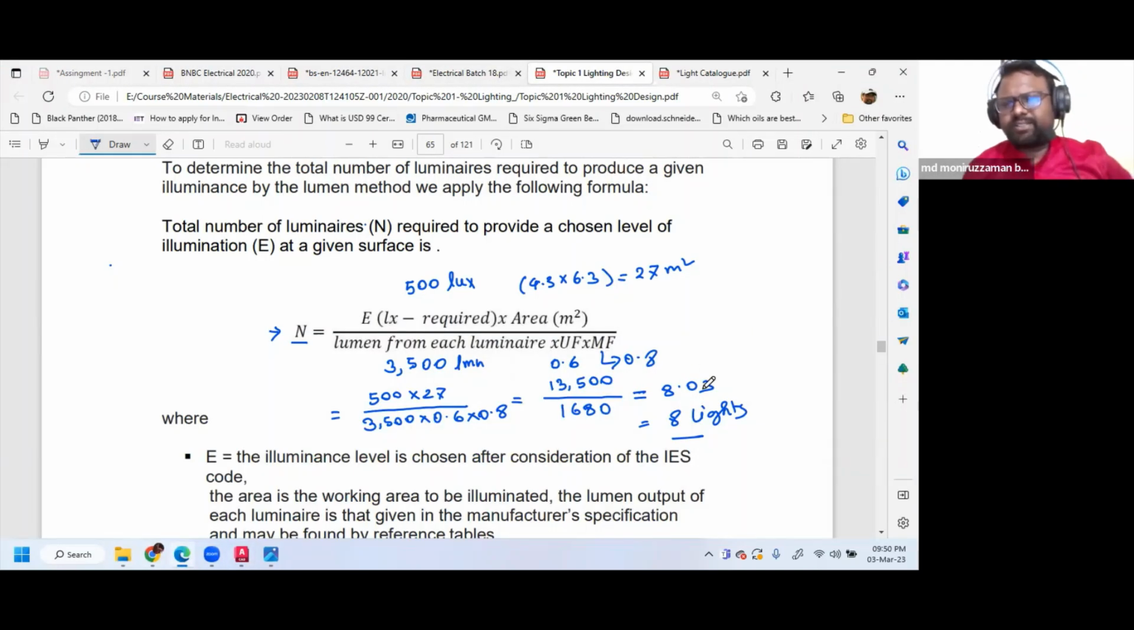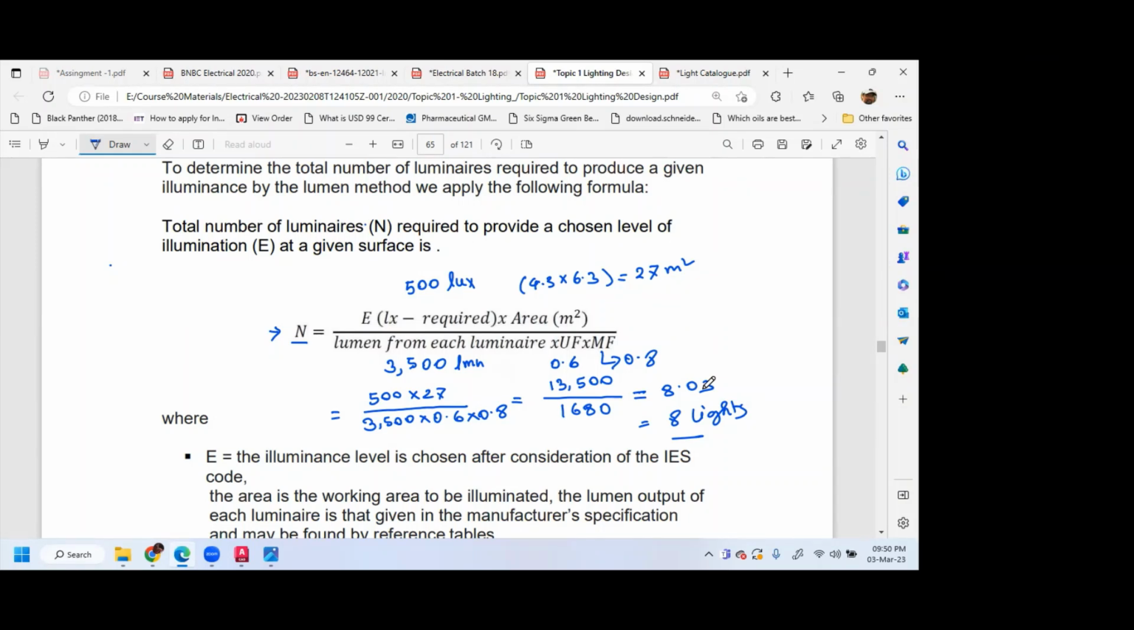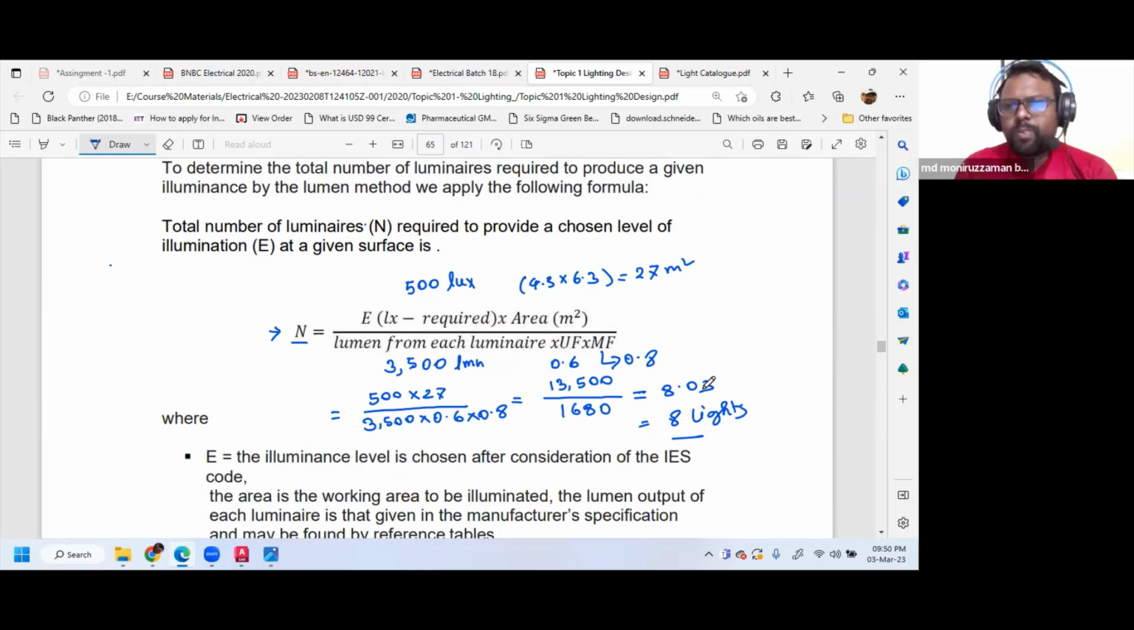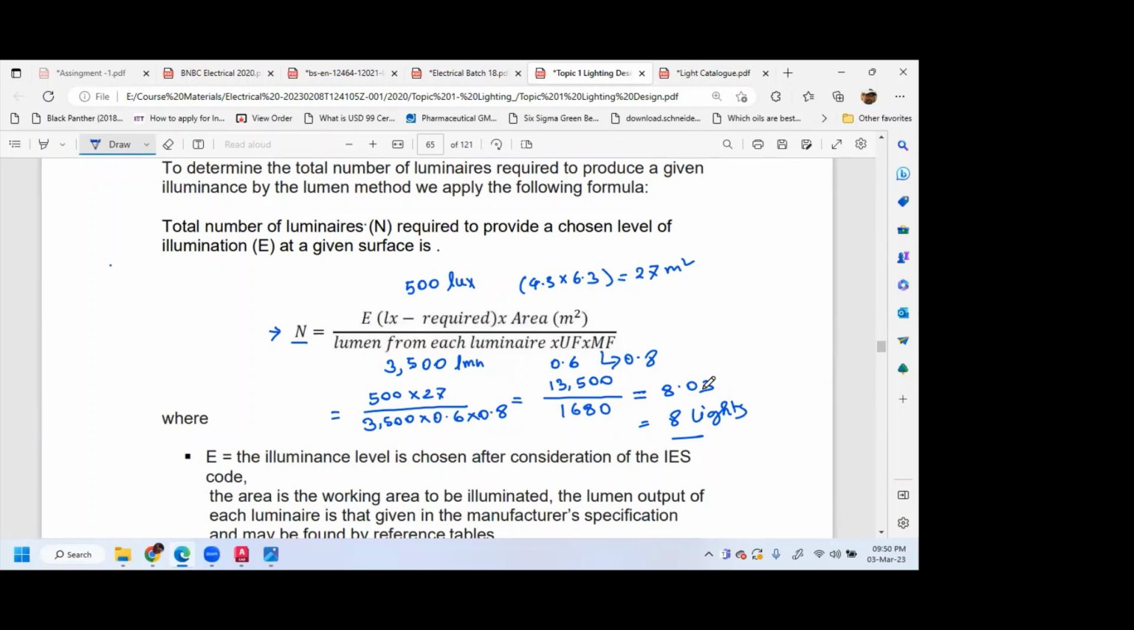If it is 8.03, it is very close to 8. So I'll take 8 lights here. Let's say it is 8.6, like 8.5 or more, then I'll definitely go for 9 lights. Even if it is 8.4, I'll go for 9 lights. I'll take 1 light extra